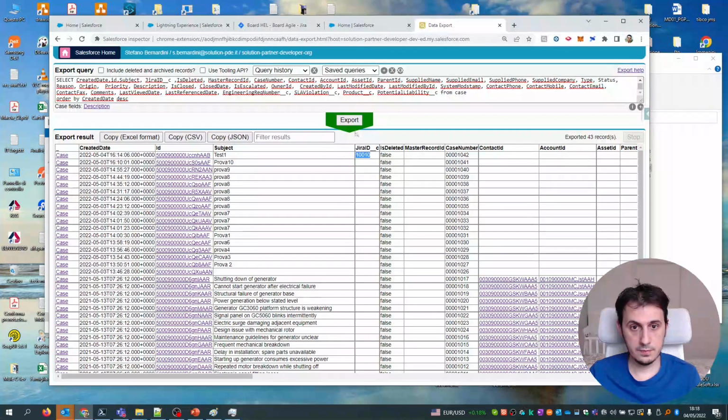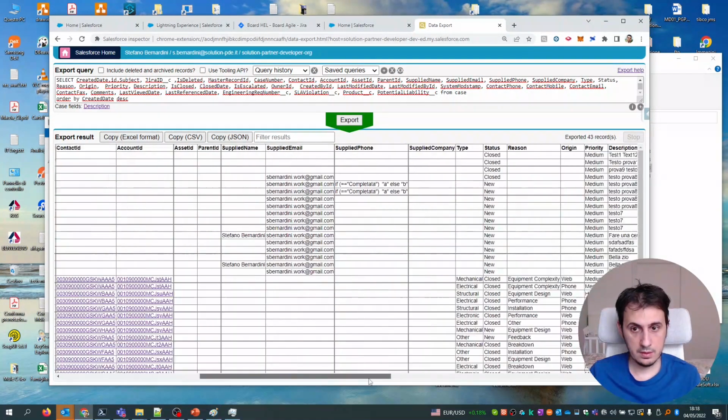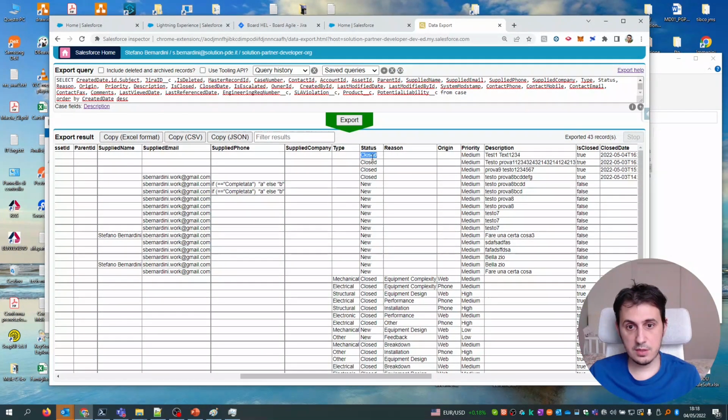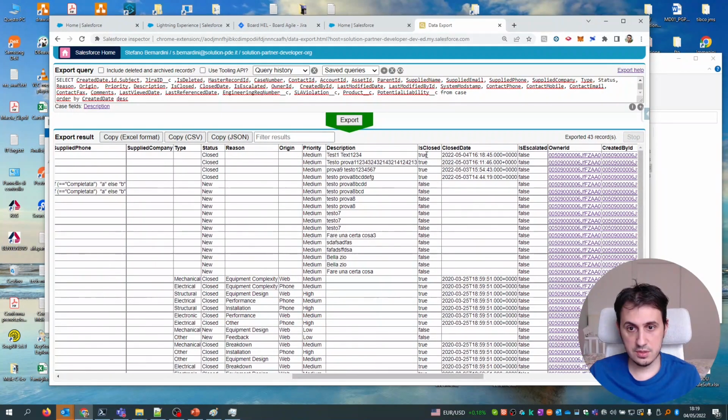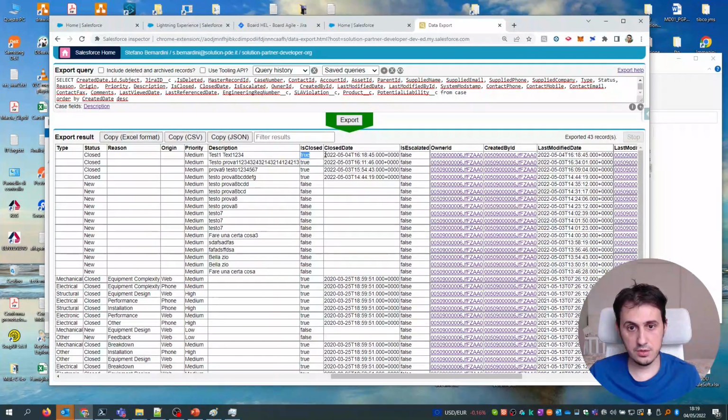Let's see what happened. We see that status is closed. We also see that is closed is true, and there is also a closed date.